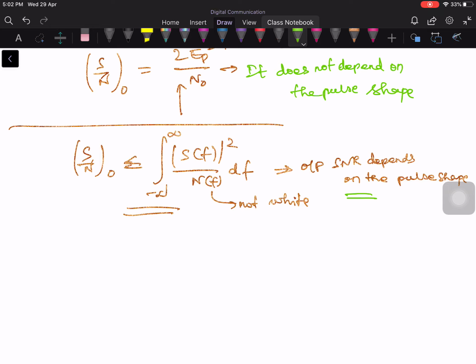If you are thinking about only noise, then there is no need to worry about the specific pulse shape, because in most digital communication problems we are going to assume white noise. So no need to worry about the pulse shape, as long as we make sure that there is no intersymbol interference. We give sufficient energy in the pulse to have a good signal to noise ratio. Therefore the only parameter which is really of importance is the energy contained in the pulse, that is, how much energy you are pumping into the pulse.